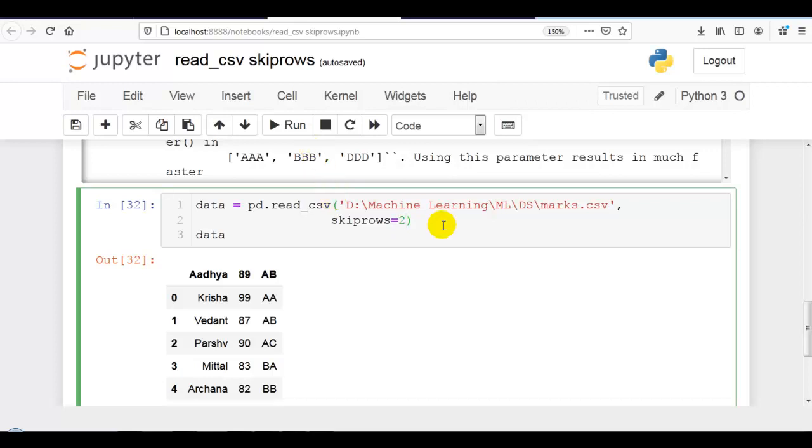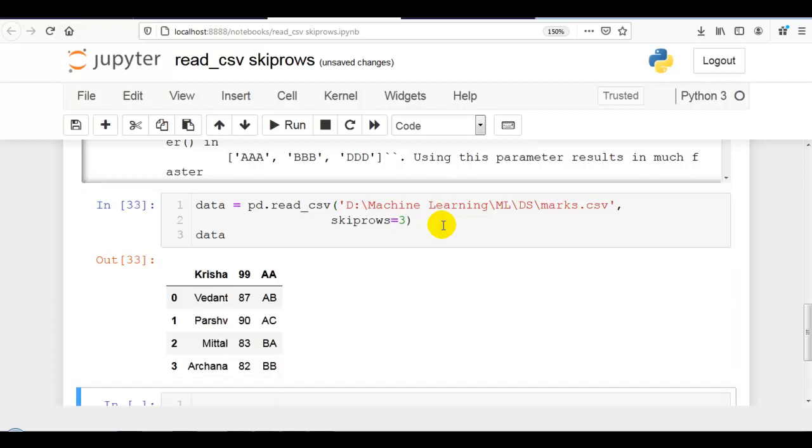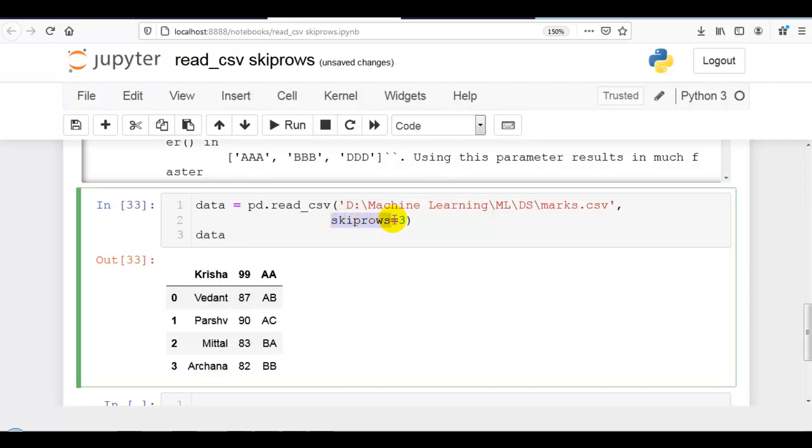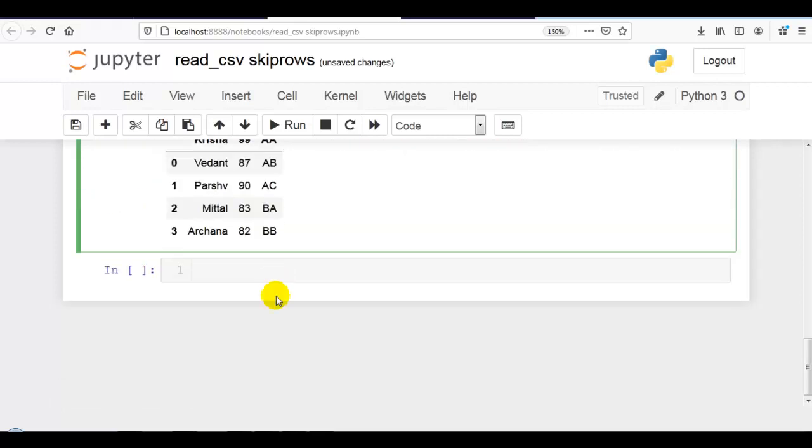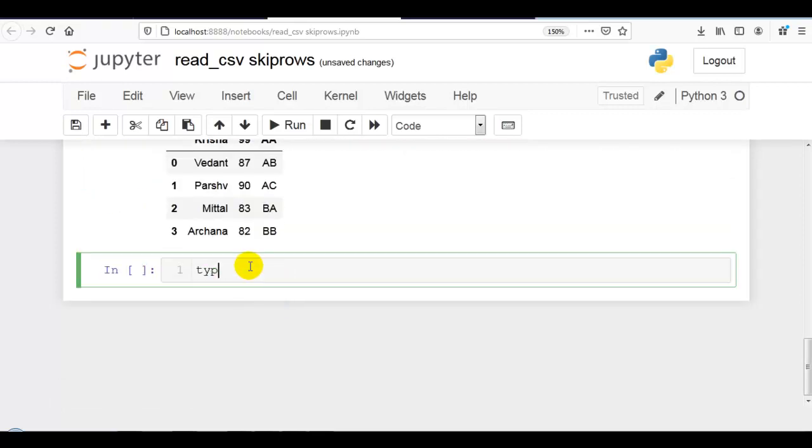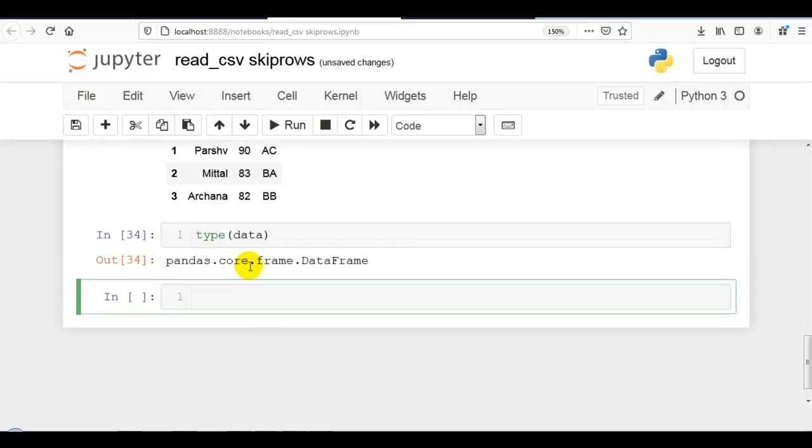If you write 3, it skips 3 rows from the start of the CSV and initializes the data frame. It skips the first 3 rows and initializes this CSV file to our data frame, that you can see over here, type of data, which is nothing but a pandas DataFrame.